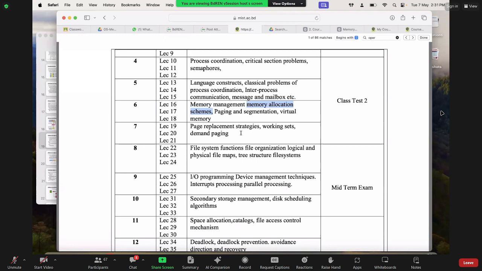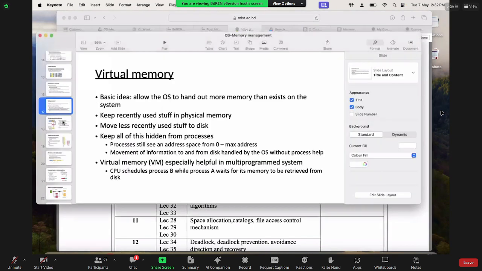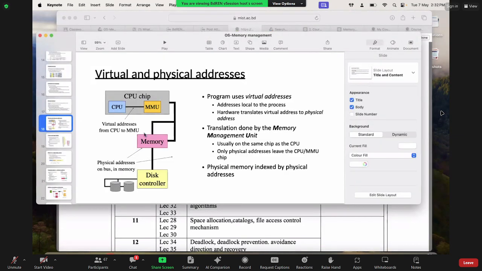Paging, page replacement strategies, demand paging, all these come together with virtual memory. With respect to page replacement strategies, like we discussed yesterday, first in first out, least recently used, these we will discuss. Let's go back to our class topic, paging.